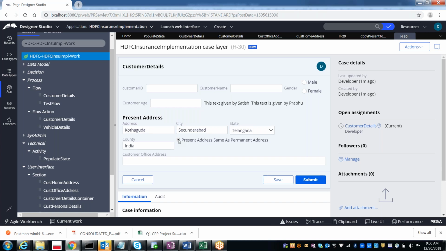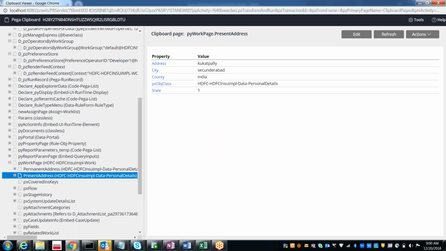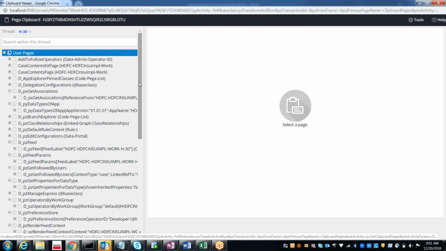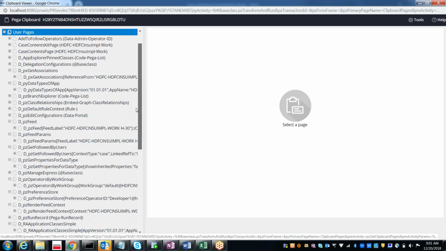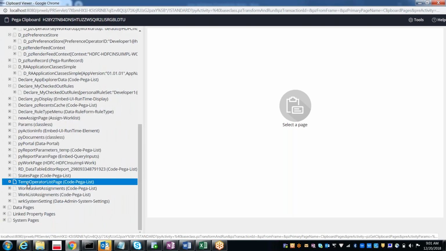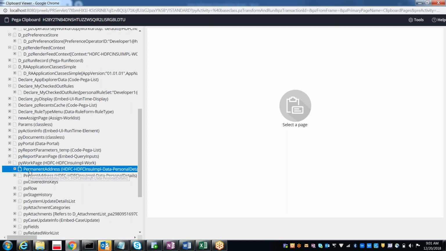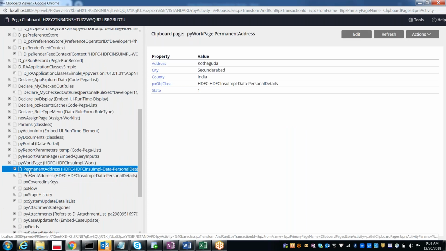What happened? Is it copied or not? How can we know whether it is copied or not? Clipboard, go to the clipboard. Permanent address. Yes, under the PY work page, permanent address. Got it. You got it right? Yes.